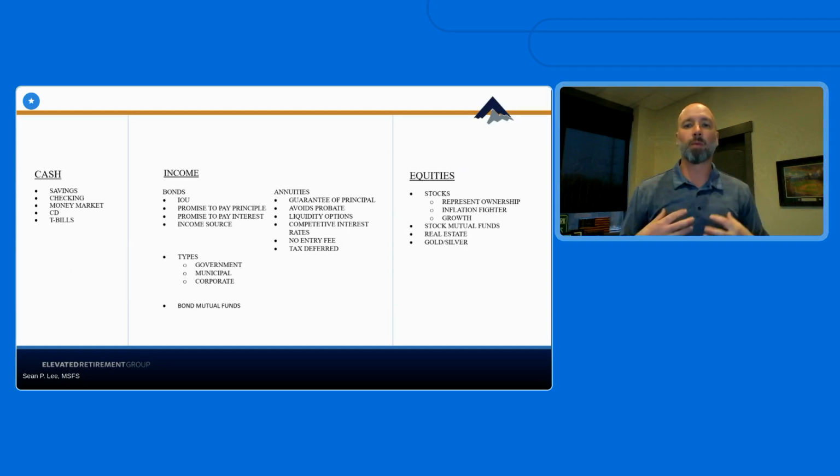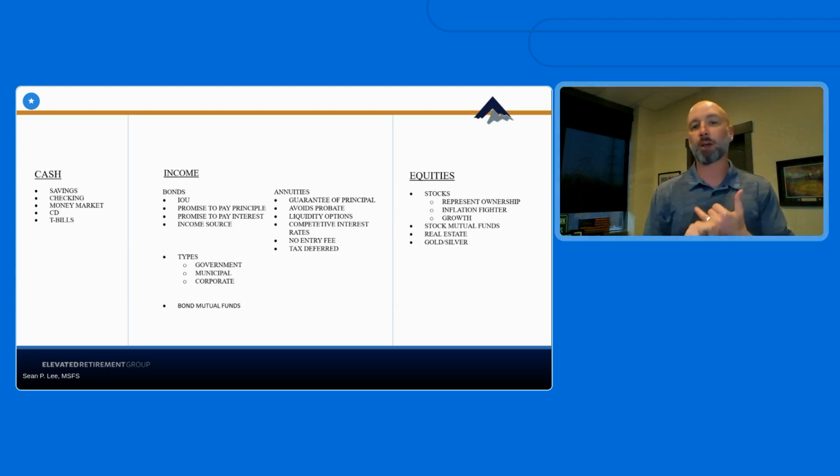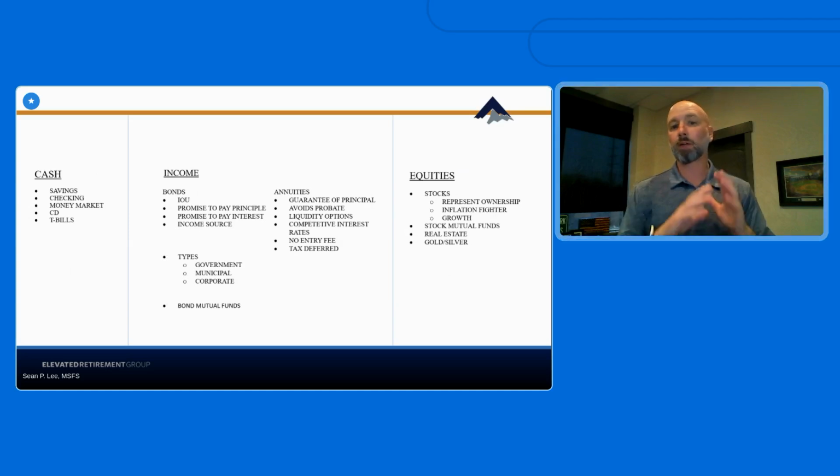Community, we want to borrow your money, and at some point in time we're going to pay you back your principal. This is a predetermined point in time, but they're required to pay you back your principal. Along the way, we're going to pay you some interest, whatever is agreed to in that particular bond. So it can be seen as an income source for you if you choose to use that money as income. And then the other area are bond mutual funds.